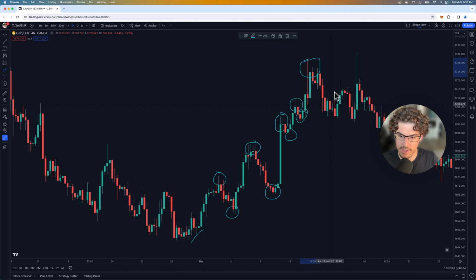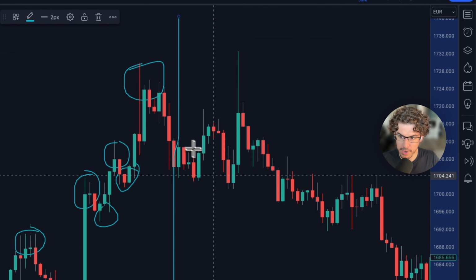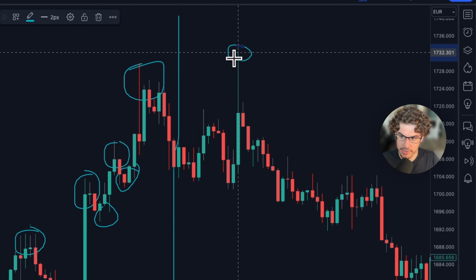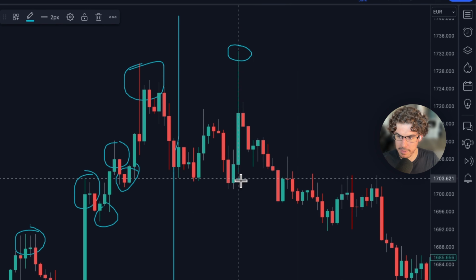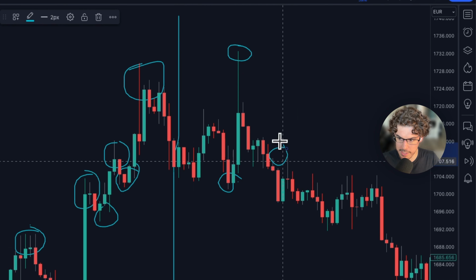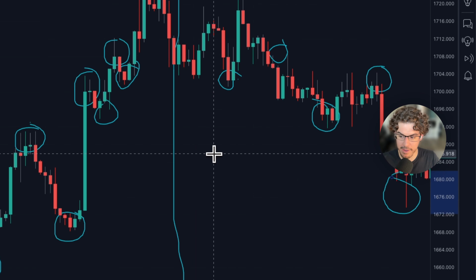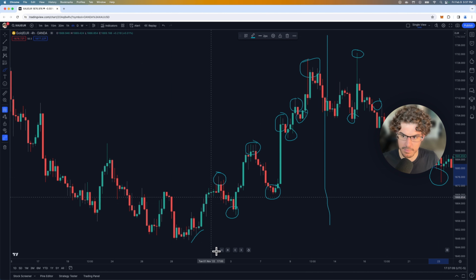Now, it's not moving as aggressively as it moved to the upside, but you can see now that price, after reaching this area, this price point, and reaching all the way till here, then started moving in the opposite direction. Then it started making lower lows and lower highs and lower lows and lower highs and lower lows, and that's how we identify that we have a downtrend, right? So moving back into the uptrend,